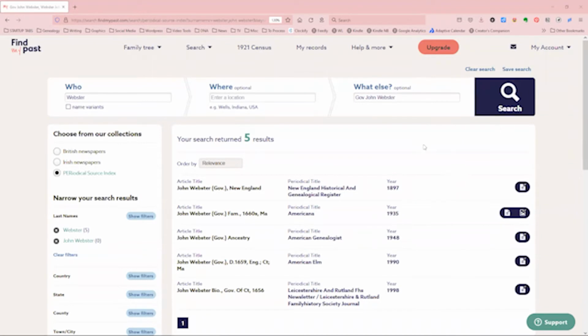So here is the PERSI database on Findmypast. I did a quick search for my Governor John Webster, and there are 5 results listed here. Now, you'll notice that there are icons on the right-hand side of these results. And this particular one here, the second one down, has 2 icons. When you see this image icon, that means that there is a digitized version here. And when you click on it,